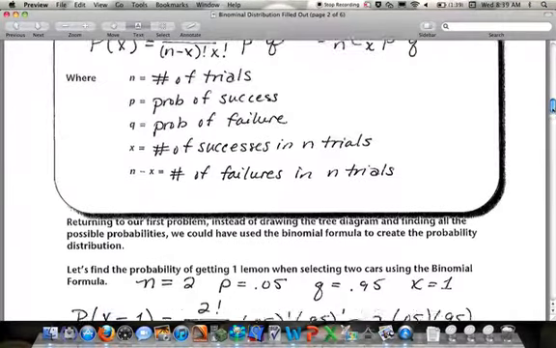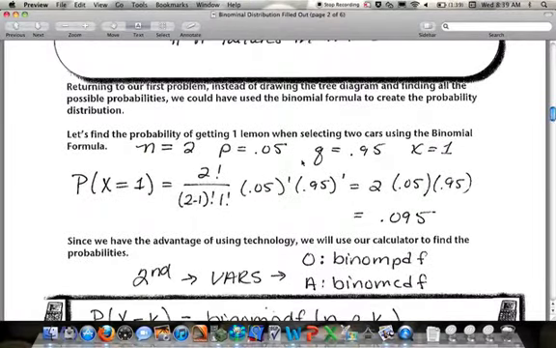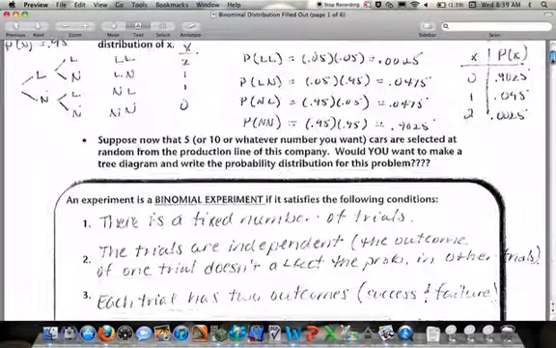And what you'll notice when I plug that into the formula, I get 0.05 to the first and 0.95 to the first. And this works out to just be 2. So I've got 2 times 0.05 times 0.95. If you go back to that first page